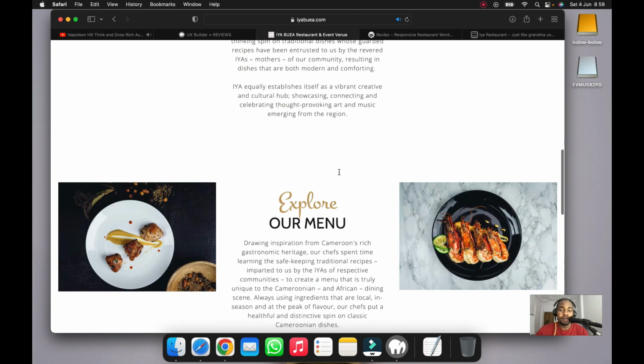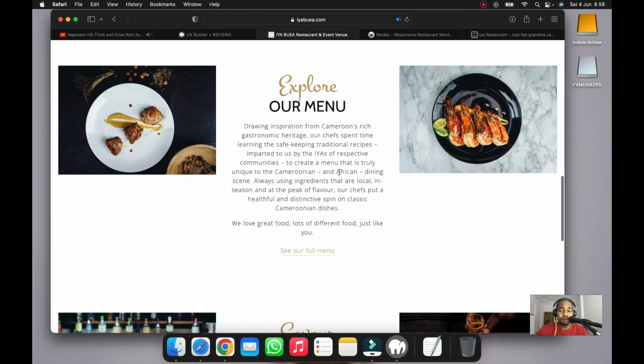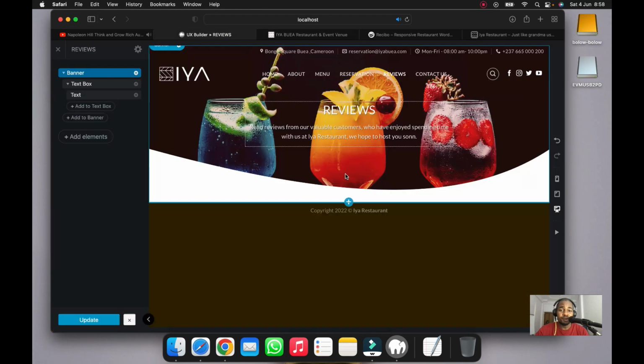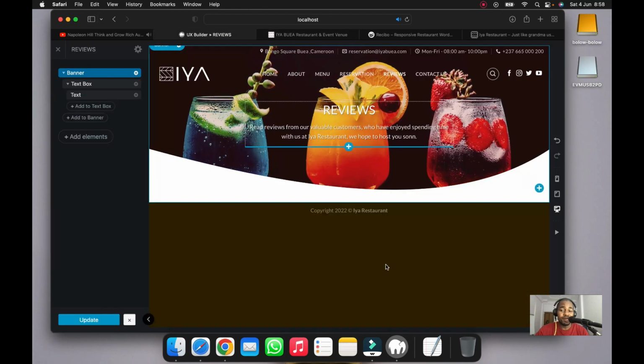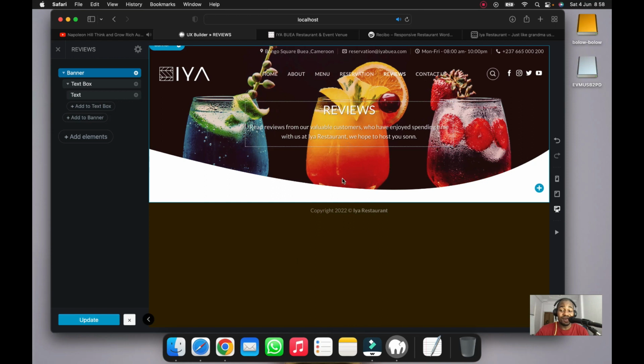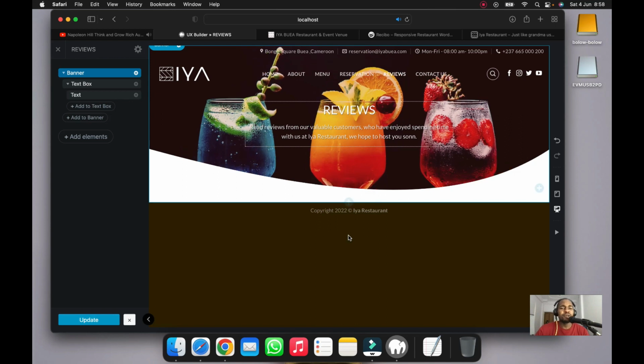But this website, if you want to combine the total number of hours we spent to build it, it's not up to 10 hours. It's not up to 10 hours because most of the work was done during the first class, and the total class lasted like 3 or 4 hours. Combined with the one of today, we will not even be up to 10 hours. So we are building a full website in less than 10 hours,